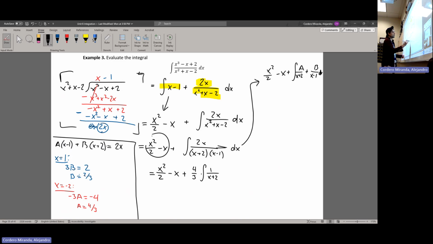Again, I pulled out the 4/3 right from the beginning, like I did for the last example. Plus 2/3, pulling that B out right away, integral of 1 over x minus 1 dx. Can skip u substitution,